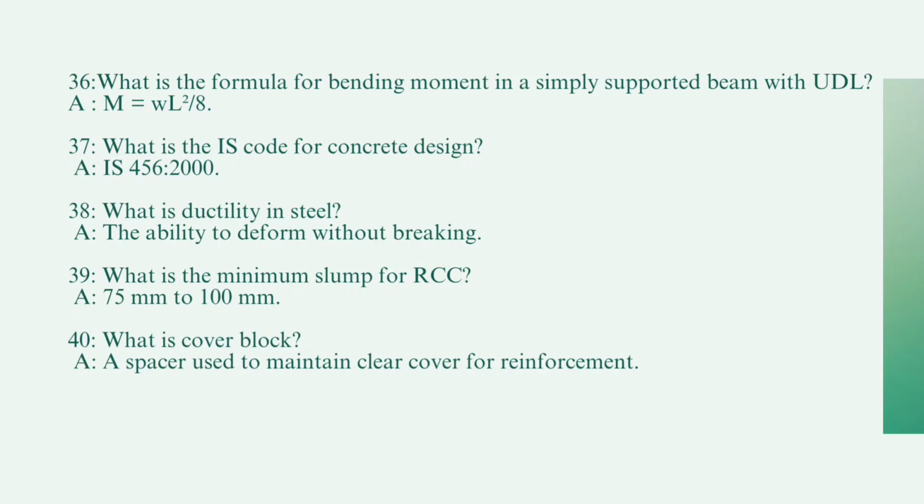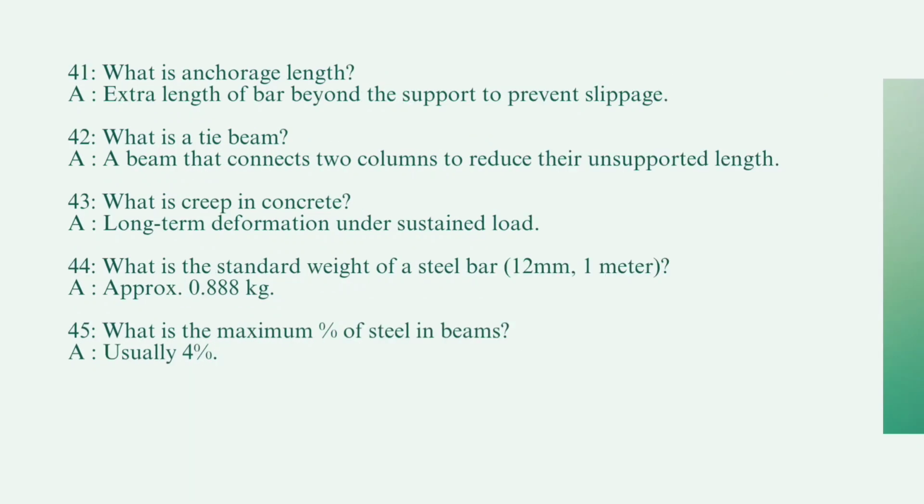Now question number 39. What is the minimum slump of RCC? Minimum slump of RCC is 75 mm to 100 mm. The next, what is a cover block? Answer: a spacer used to maintain clear cover for reinforcement is nothing but a cover block. Now the question number 41. What is anchorage length? Answer is extra length of a bar beyond the support to prevent the slippage is nothing